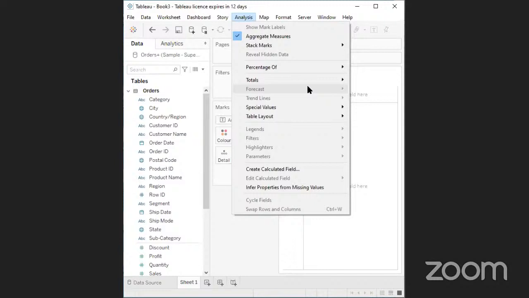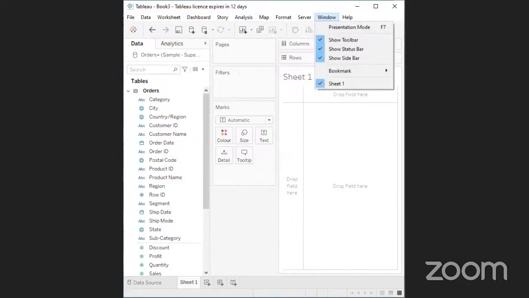It shows the forecast based on the available data, and the trend line also helps you to forecast the data. And create calculated fields. Also it creates additional fields based on certain calculations and existing fields and all those things. And this map option